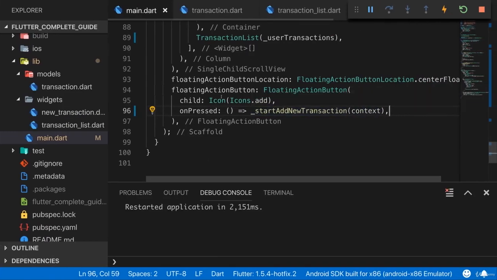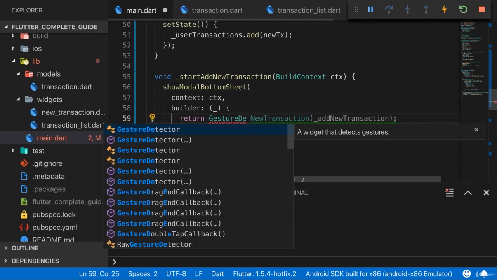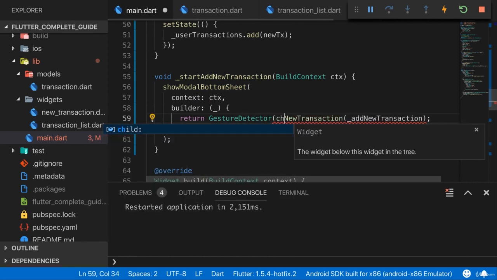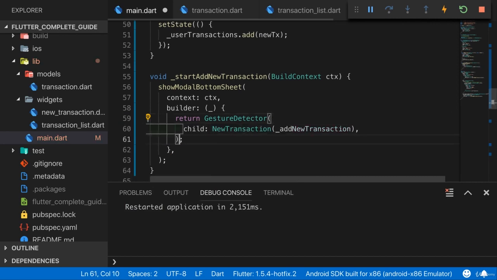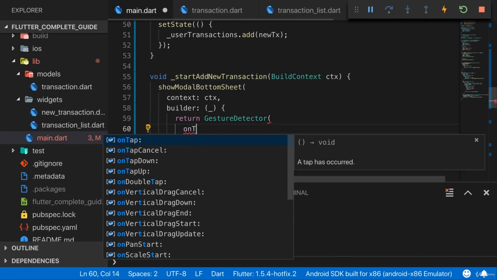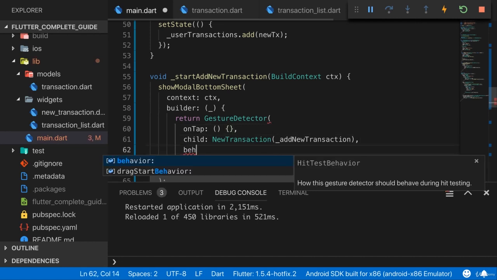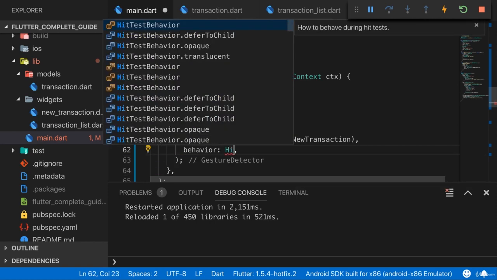Until this changes, you can easily fix that by wrapping your new transaction in show modal bottom sheet with a gesture detector, which is another widget I mentioned earlier on a slide, which takes a child, in this case our new transaction, and where you can register a certain gesture, in this case on tap, and simply do nothing when this gesture occurs. This catches this tapping on the bottom sheet and avoids that the sheet gets closed if you tap on the sheet. It still gets closed if you tap on the background, but not if you tap on the sheet. For this to work, you also need to set a behavior, and you need to set this to hit test